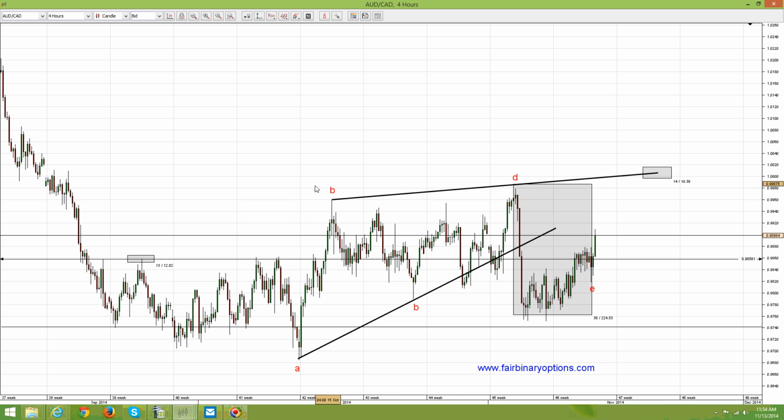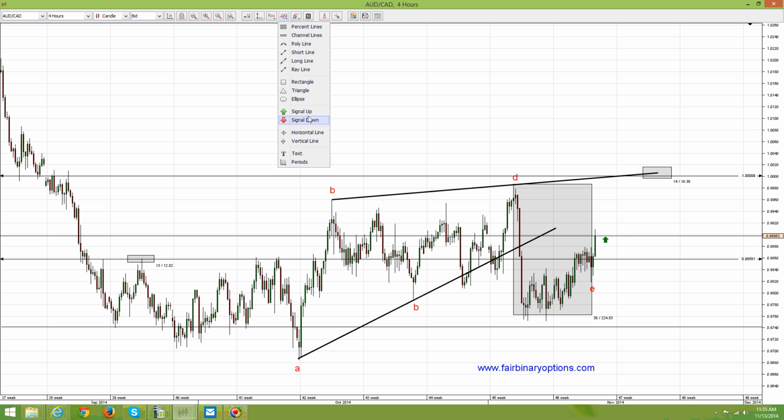Where should the B to D trend line be met? Well, parity yet again. So let's write on the screen what we want to do here on the Australian dollar and Canadian dollar. What we want to do is to buy call options,